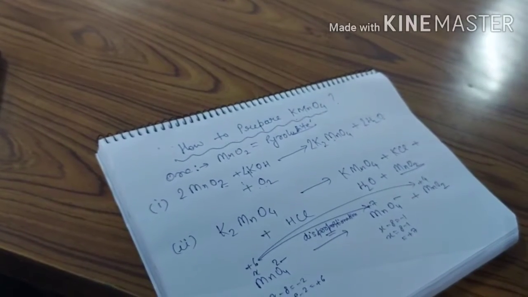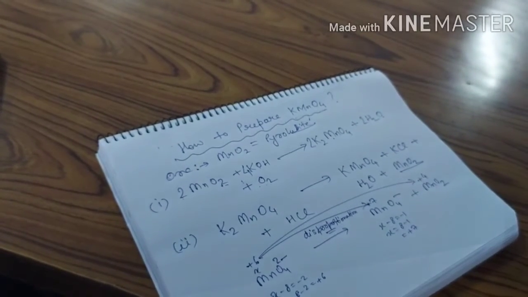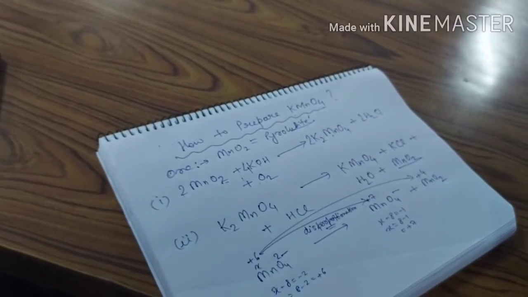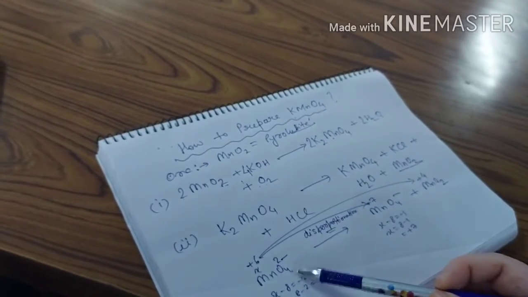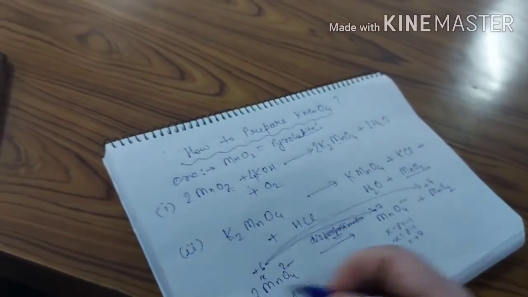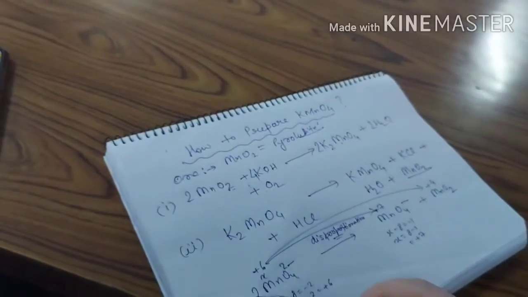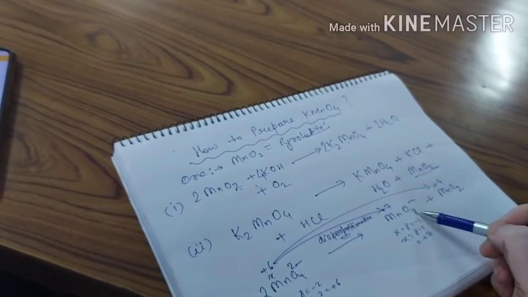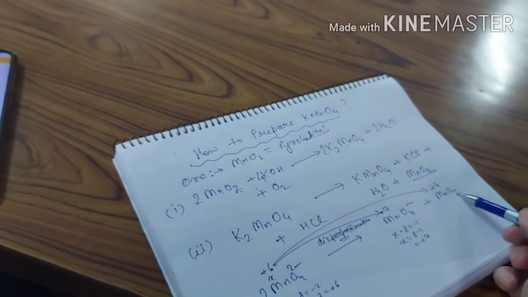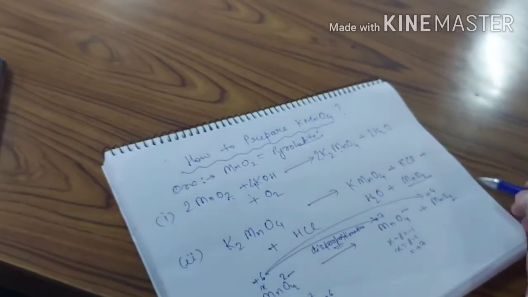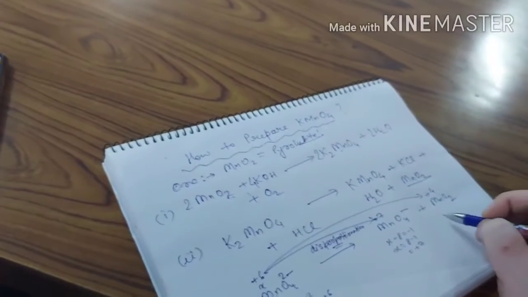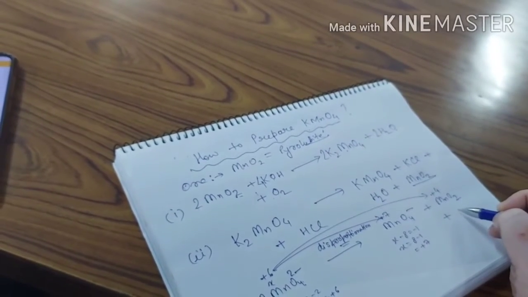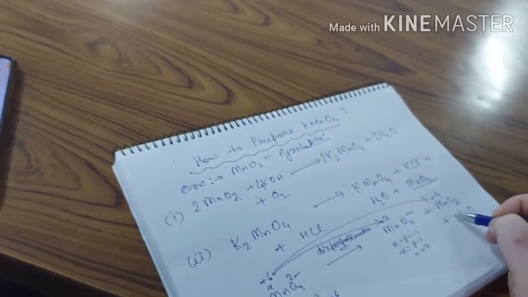Now we will balance oxygen at first. Here there are 2 Mn, so we'll give 2 at first. 1 Mn, 1 Mn, 2 Mn, so 2 Mn I have given. Now 8 oxygen here and 6 oxygen here. How do we balance? So 2 more oxygen are required, so we can give water always. H2O we can give, 2 H2O.